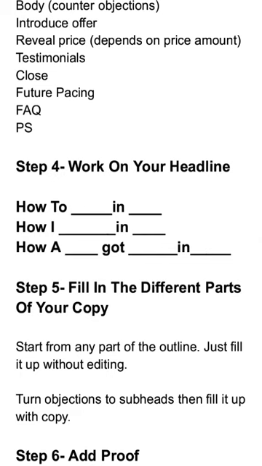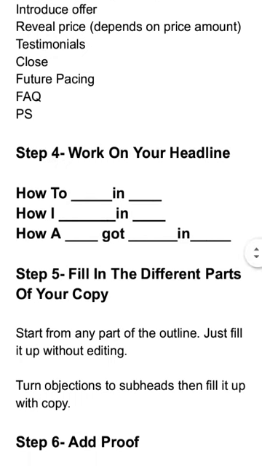How I built a list of 200,000 subscribers in 3 months. All right. How I built a Facebook group of 30,000 members in 2 years. All right, that's something that I'm thinking of creating. So all of these headlines talk about you and the result that you've gotten and you sharing your steps. So it's very powerful. If you are trying to sell something that you have gotten results with, you can use how I.